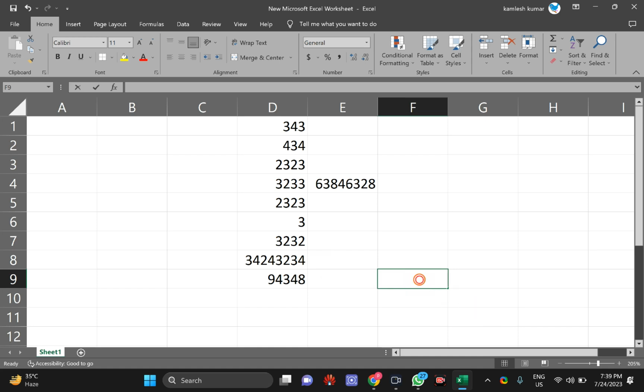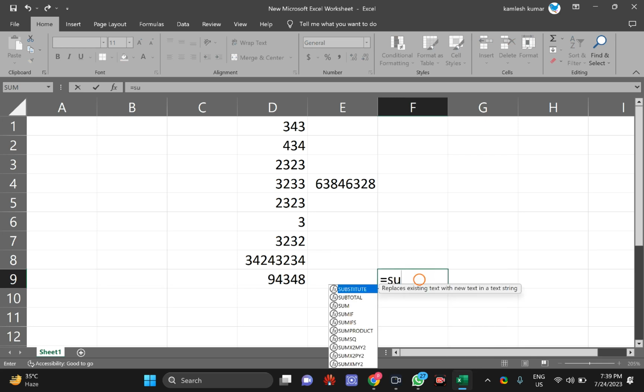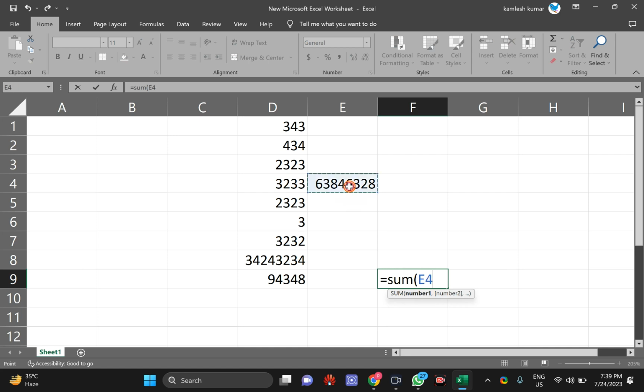Just double click on this cell, type equal to, then SUM, start the bracket, select the desired cell, press Ctrl, again select your desired cell, and you can select as many as you want. After selecting all the cells, close the bracket and press Enter on the keyboard. You will see the sum in your selected cell.